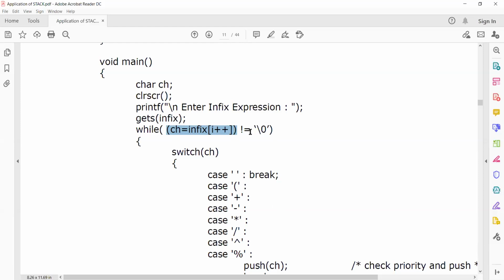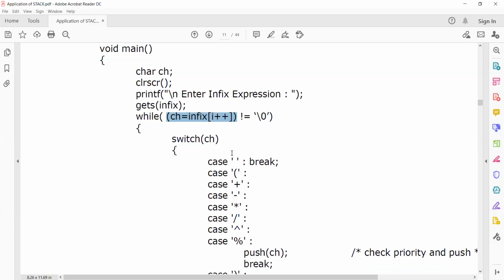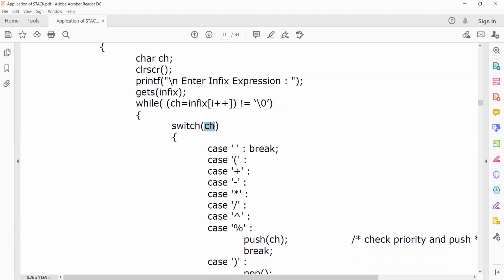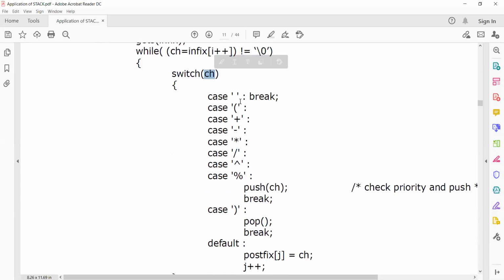Yes, x is not equal to null, true, so it goes inside. It keeps on checking. Whatever the case, if it is a null value, what happens? It breaks. Keep in mind, if some space is there, like x space plus y, it gets broken and comes out of the switch case.